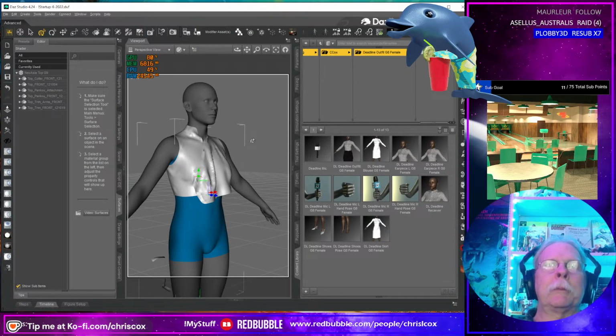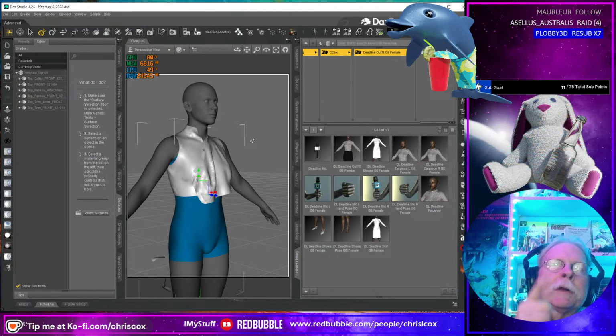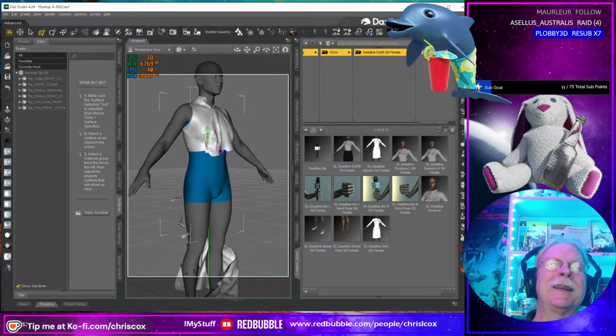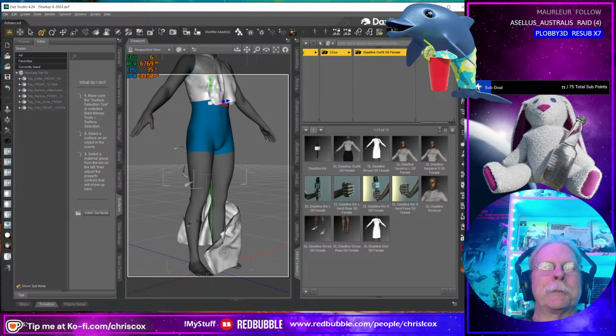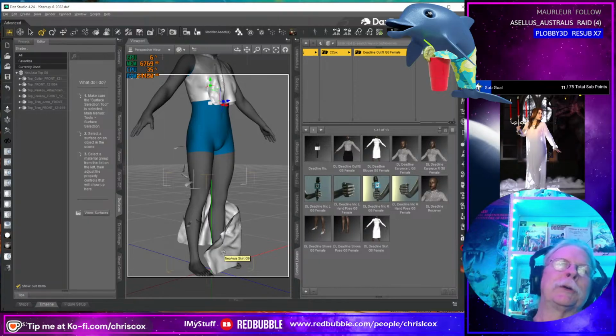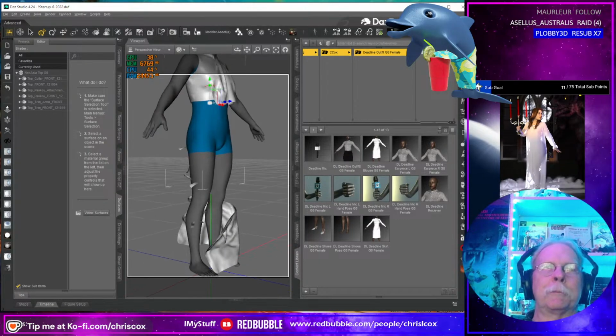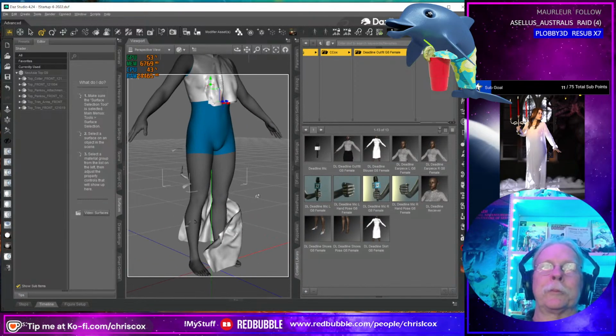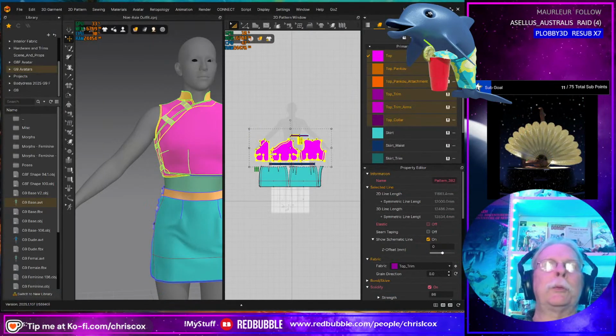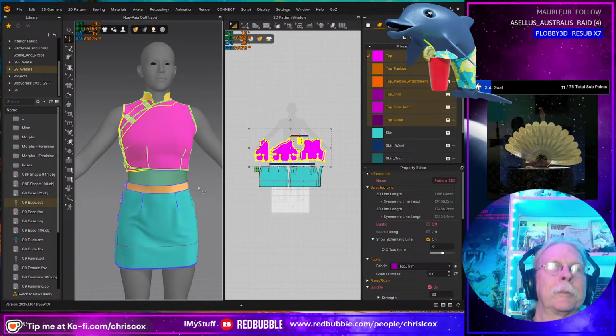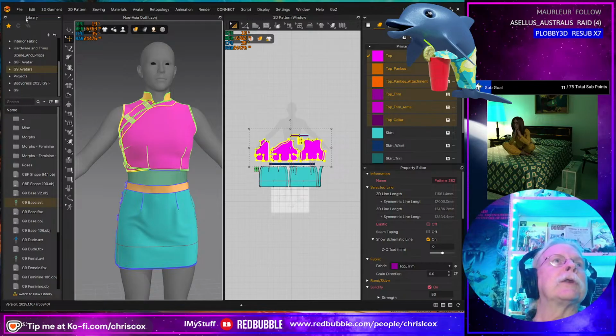Okay, I know what happened. It's the internal line problem. We have the technology to fix this. What it did is this, it's not sewing things to internal lines, so they all fell apart. So my solution to that is we're going to open this, we're going to save this, open it up in an old version that I know works, and then re-export, and that's all I'm going to do.